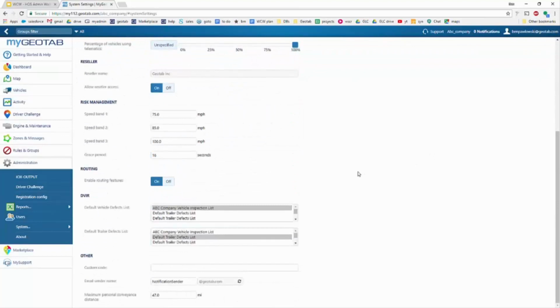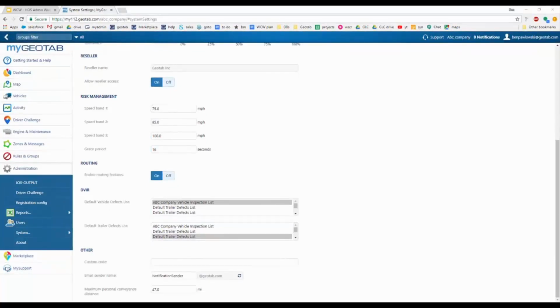Down here at the bottom, under Other, you also have this maximum personal conveyance distance. If you are going to allow your drivers to use the truck for personal conveyance, if they are going to be driving from their hotel to a restaurant or anything like that, this is an option that you have available to you, and it allows you to set the maximum personal conveyance if you choose to allow personal conveyance. Whatever number you have entered in here, right here we have 47 miles. What this means is that after 47 miles of personal conveyance, it's basically putting a cap on it. And it's saying after that distance has been traveled by the driver, it's going to put them on the drive